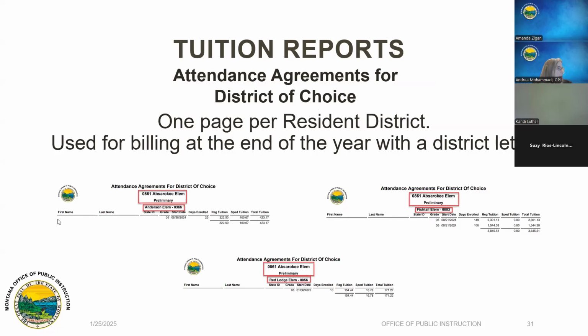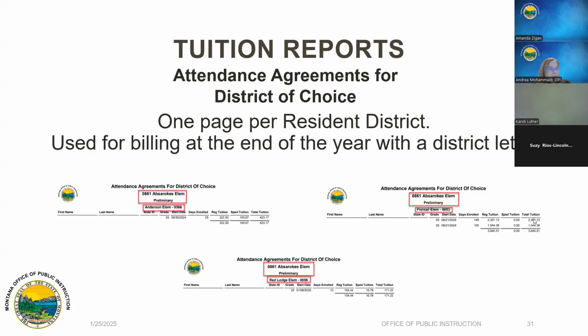And it will give the student name, their grade, their start date, how many days they were enrolled, their regular tuition rate, if they have any SPED tuition, and then it'll give you the total tuition. This one coming from Fishtail, this is just a direct,